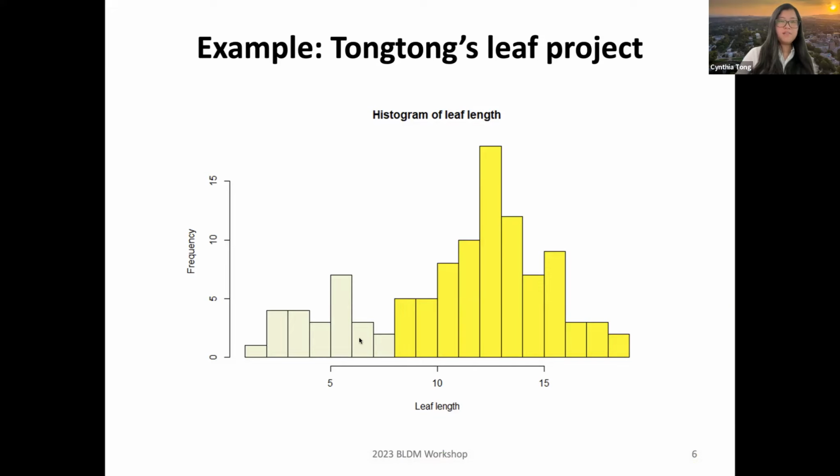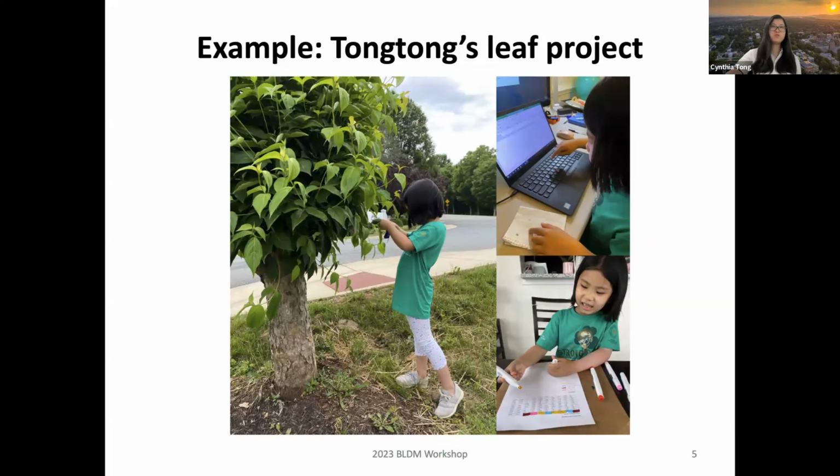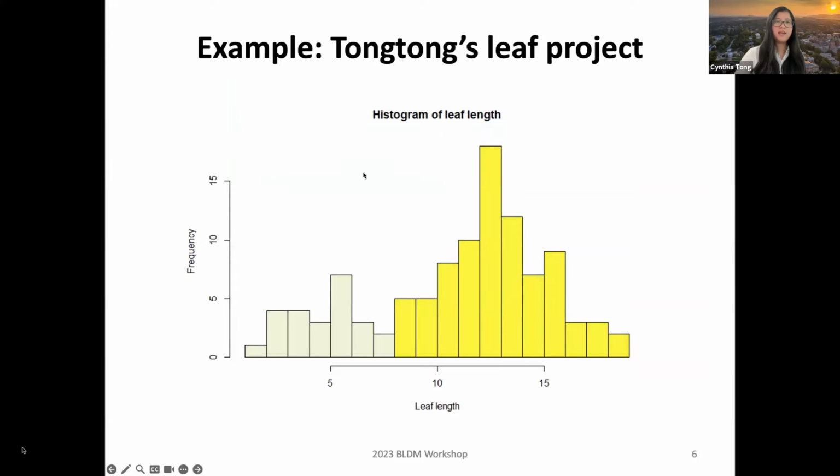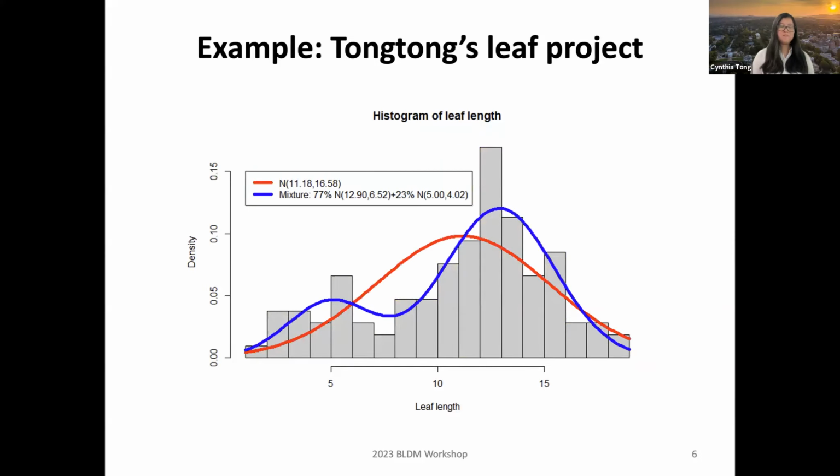And in fact, if you look at those little trees here, on the very top of each branch, the leaves, those are some baby leaves. They are all very small. But right after that, once it grows out of that stage and becomes more like an adult leaf, they are more of the other category. So in that case, it actually makes sense to have those two categories and fit a mixture model with two latent classes to her data.